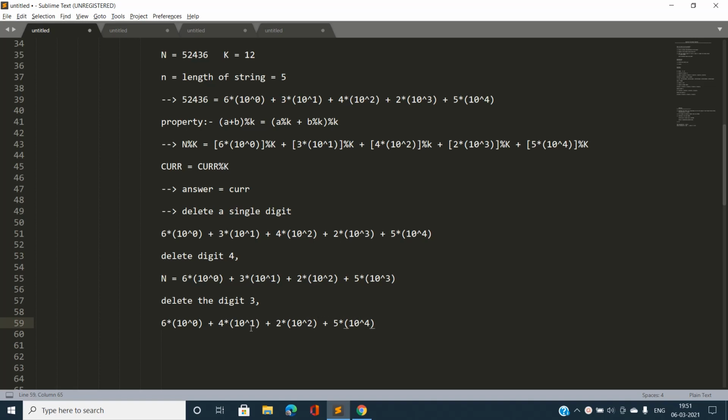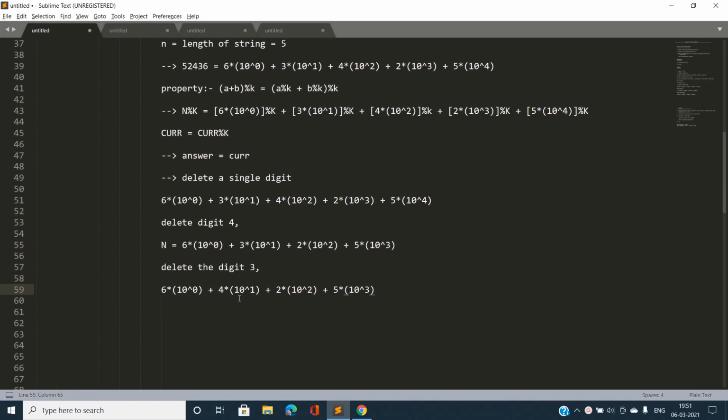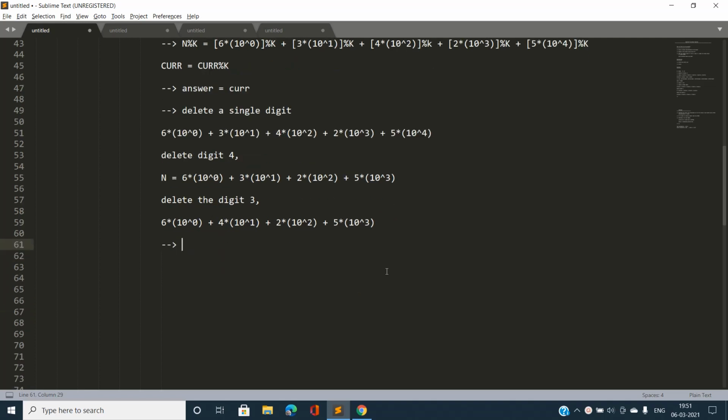So how are we going to do this in O(1) operation if I'm going to delete a single digit? Note that it can be efficiently calculated. So I'm going to write a general case for deleting a single digit.